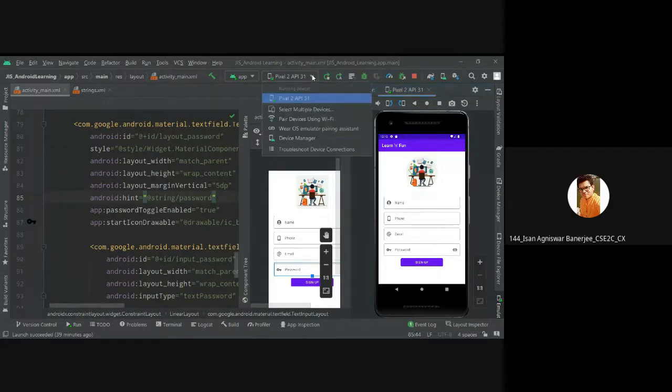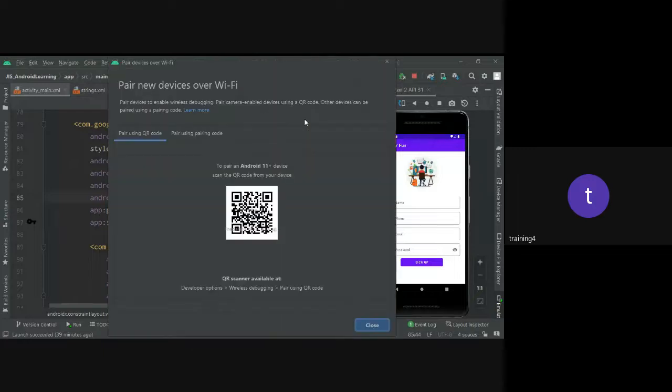Yes, ma'am, now it's showing on my mobile. Showing on your mobile means it's fine. Understood? Now, the next one: if you want to connect with your Wi-Fi, meaning you don't want to connect with your USB,